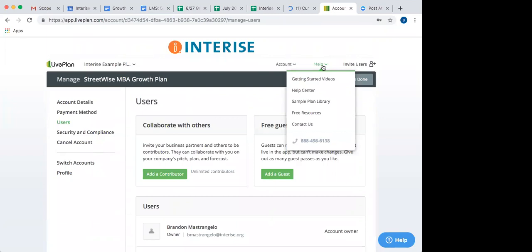This is something we're really excited about, and we have a lot of great support from the LivePlan team. They're very excited about this opportunity too. So we're definitely here to help in any way that we can, and we thank you guys so much for being willing to try this out with us. The more feedback we get, the more we'll learn and understand if this is something we should try and scale as an organization.